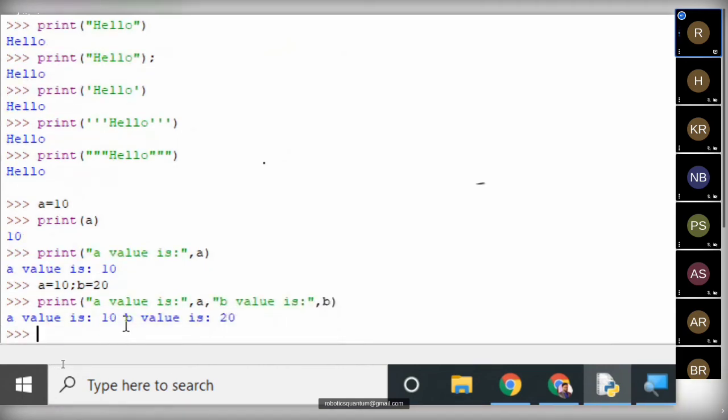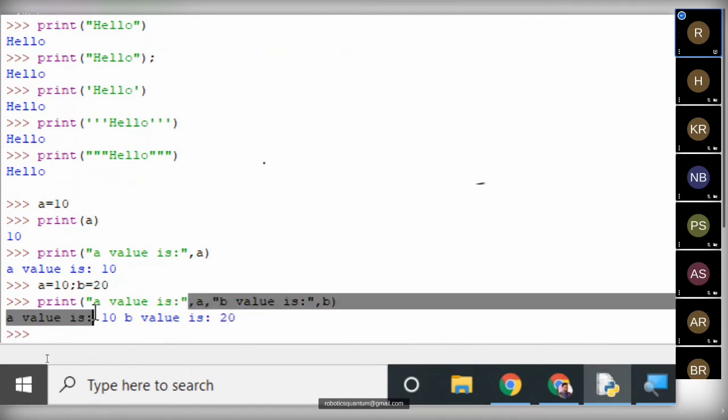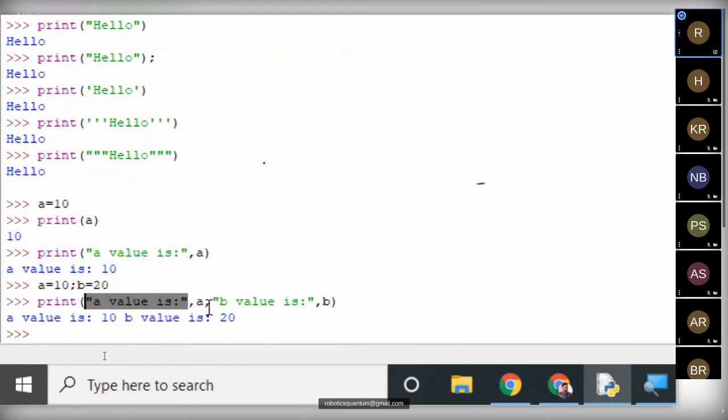It clearly prints: a value is 10 and b value is 20. How did I separate them? I separated the string with a comma, and again started with the string and separated with a comma and b. This is the way of printing two values in a single line.